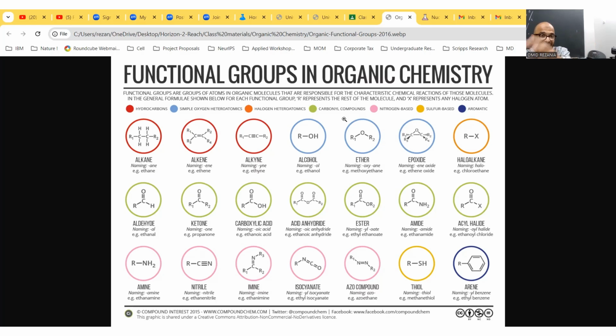Now, this map which we have over there, it's going to be on the Google Classroom today. And every week when we come back to the class, we focus on one. But why do we focus on one? For example, probably we are just going to start in week 4 with the alcohols, with the hydroxyl group. Then why do we have to spend the whole 3 hours on the alcohols? Because